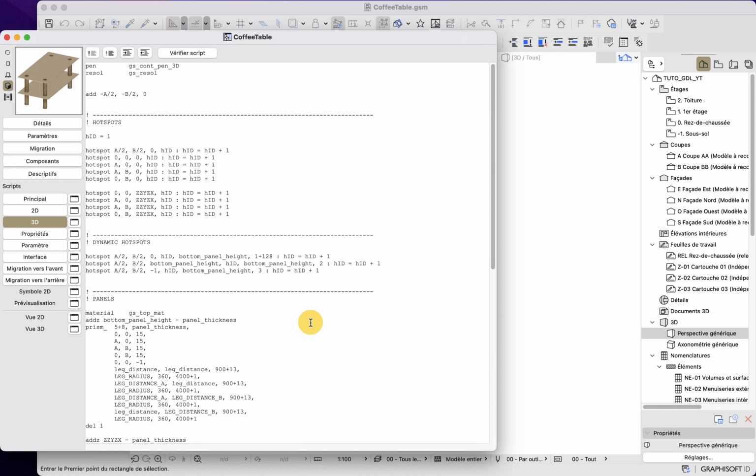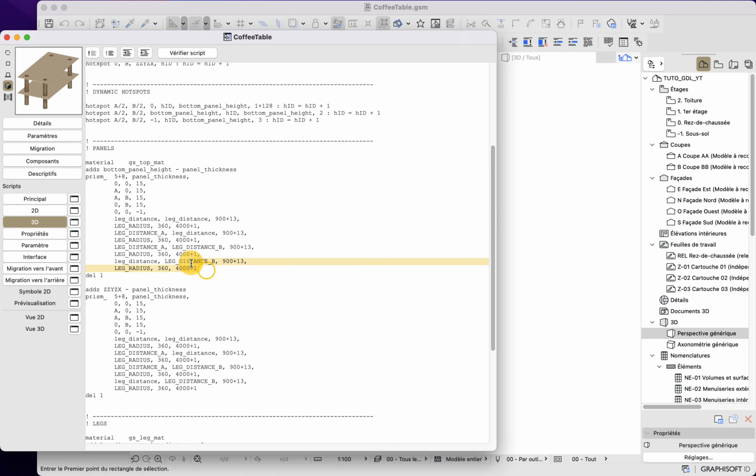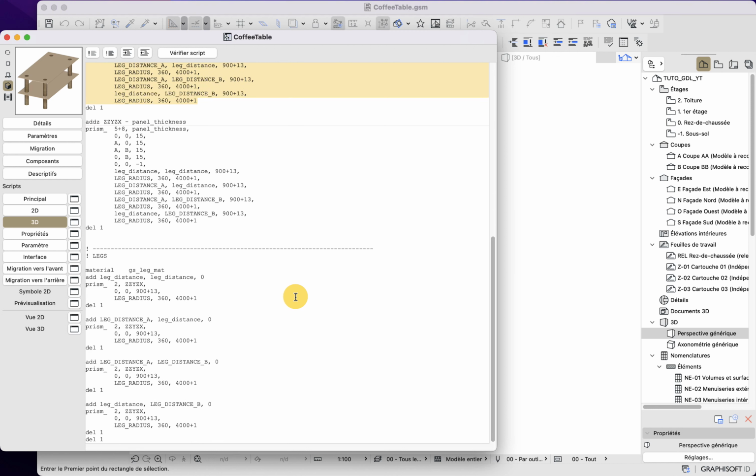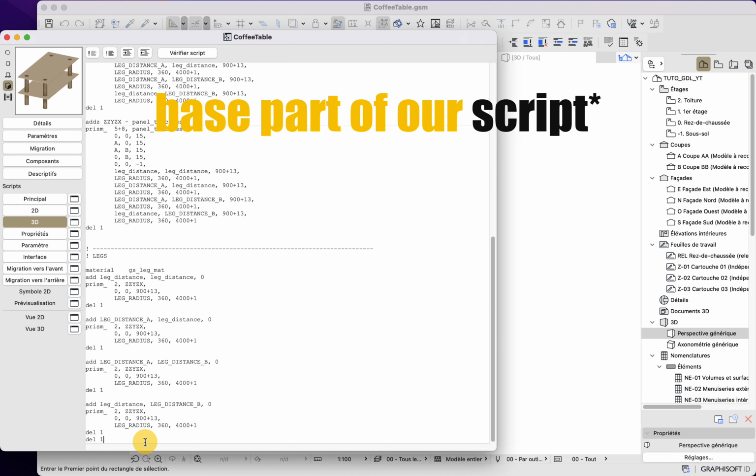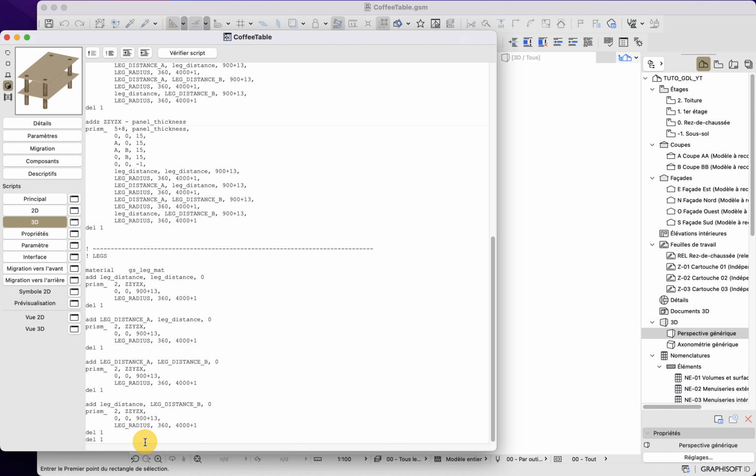Here, this is good. Here we can see that we also have some repetition. That is very annoying because if I make a change, I need to make it twice, and copy paste often leads to issues. So what we will do here is introduce a new concept which is called subroutines. Subroutines are basically parts of code that are put outside of the base part of our code, so they can be called in several different places. That way, you have only one source of code that can be put into different places.